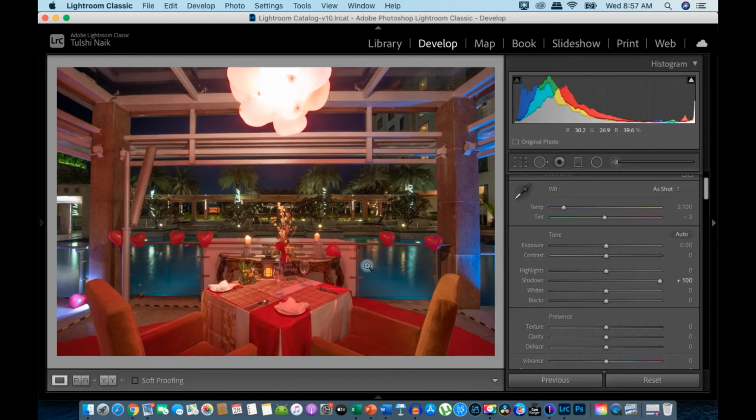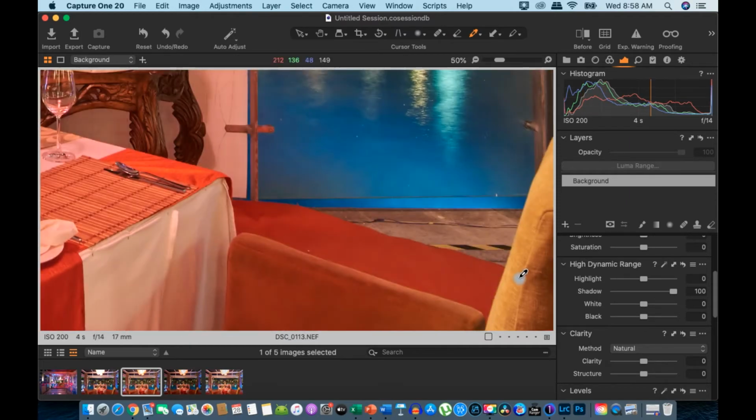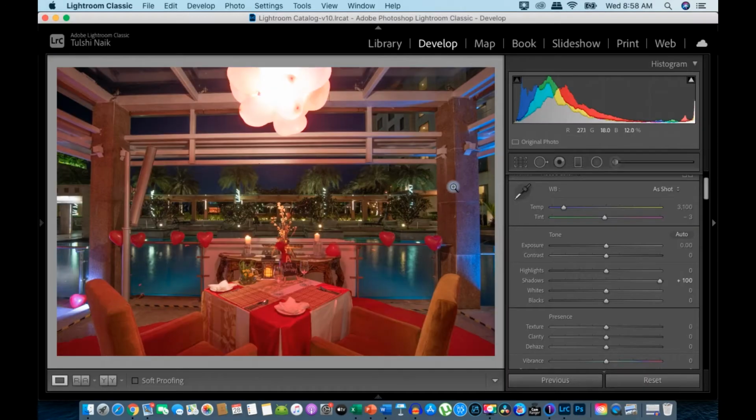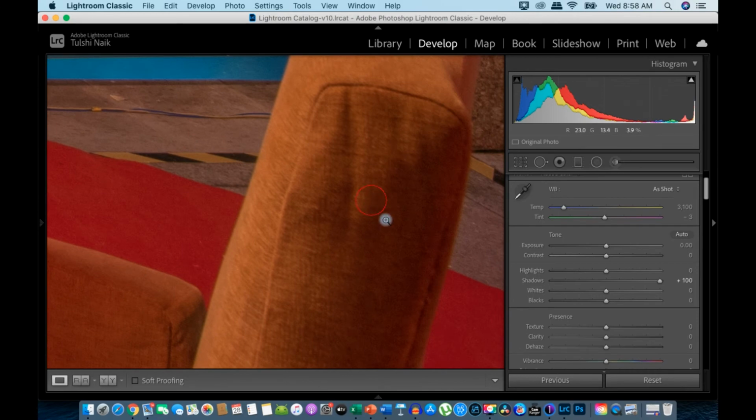But however, if we go to Lightroom, it has decontrasted a lot. You can see the image has gone a little flat, and particularly this area by the pillar on both sides is looking very unrealistic, and you can see there is contrast lost in this area. However, if we see Capture One, you can still see a nice contrast and the gradation between lights and shadow in this area over here. And let's zoom into this over here.